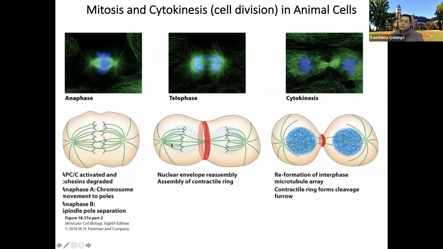So in the telophase, you can see that compared to the anaphase, due to the spindle pole separation, the cell elongated much, much longer, and the chromosome reached the middle portion of each of the cell. Now you can see that at this point, a contractile ring will be formed in the middle portion of the cell. And now you know that this is done by the microfilament. Mainly,